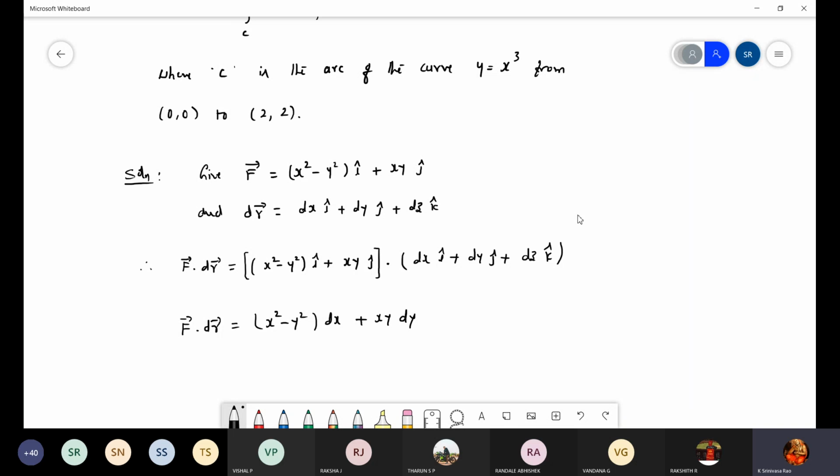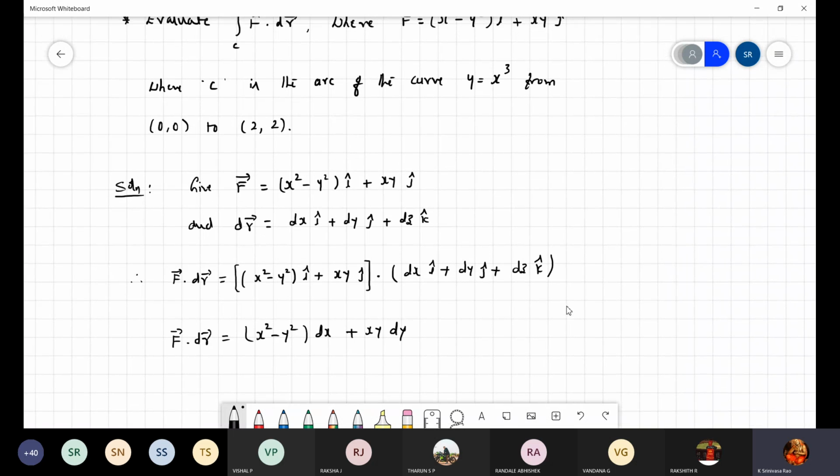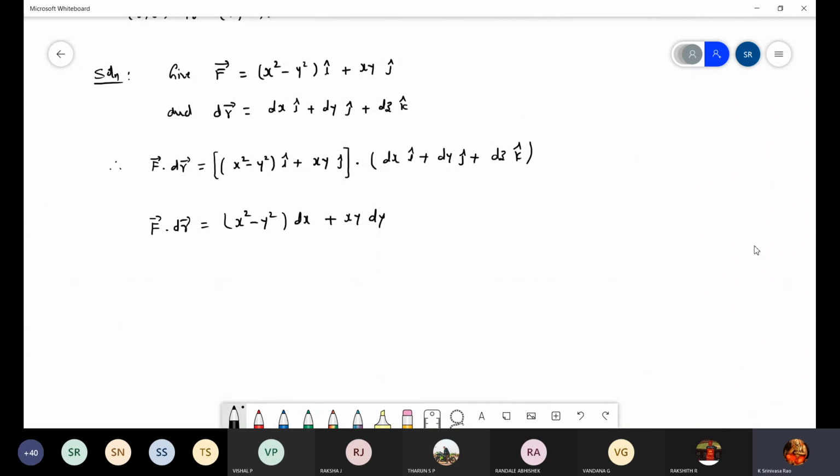Now, what is given? Given y is equal to x cube. This implies dy equals 3x square dx. Okay, so you just operate d, or differentiate. So dy by dx is equal to 3x square. The dx we are cross multiplying, or simply if you operate d on the left hand side as well as the right hand side, d stands for differentiation only. So y differentiation is dy and x cube differentiation is 3x square dx.